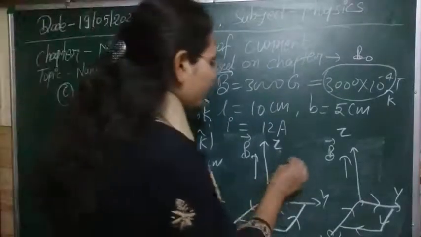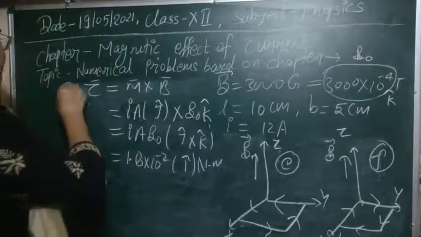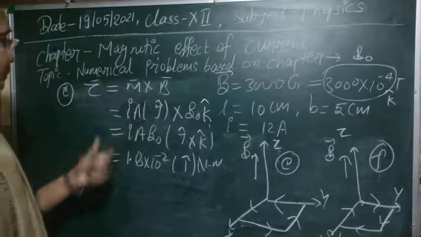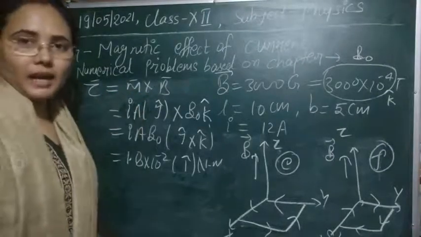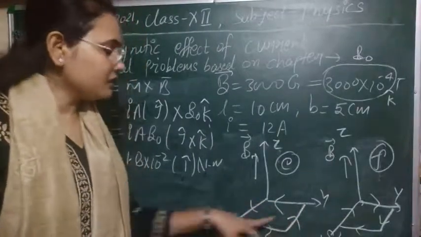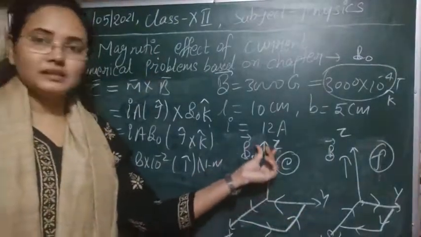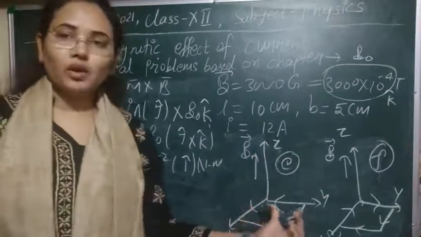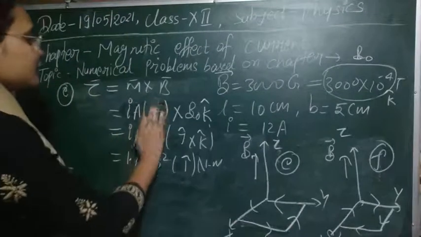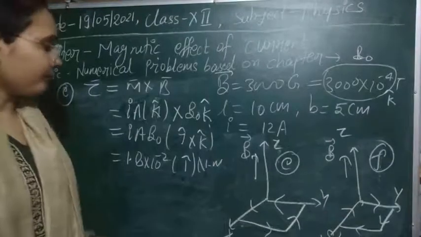Suppose this case is our case E, and this is our case F. So for case E, let's solve it. Again the torque is from the same formula that you are seeing here, and if you see the direction of magnetic moment, it is perpendicular to the plane of this loop. If it is in the XY plane, then magnetic moment will be along the Z direction, and as the current is anti-clockwise, it will be along the positive Z direction. Means in this case this should be K here. Clear, I think? There is no confusion.